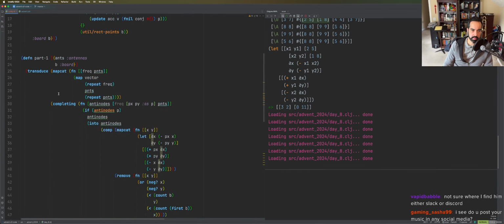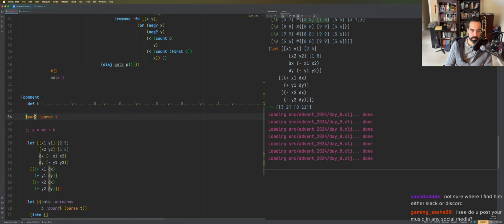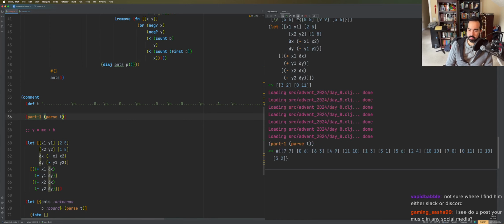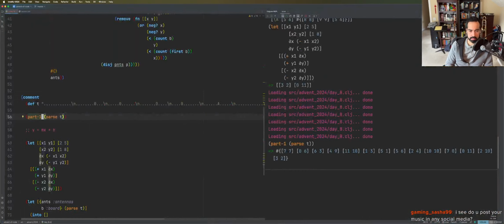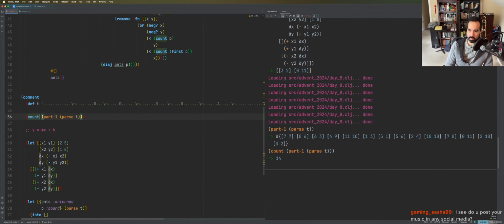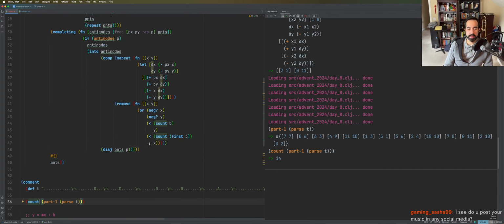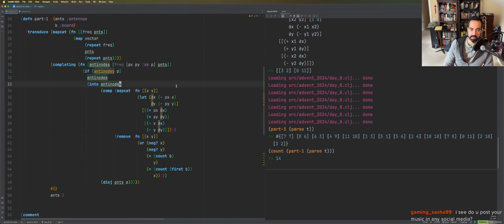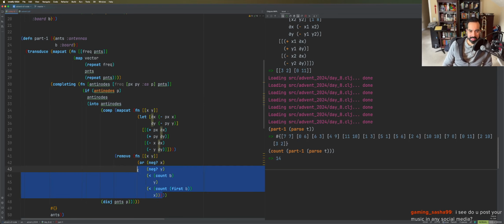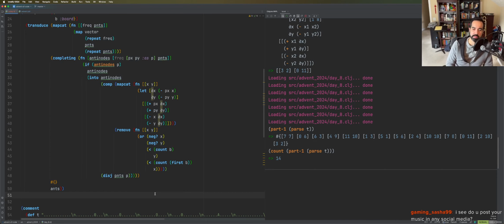Let's see. Part 1. Well, it returned something. What's the count of that? For some reason this does not feel good. I mean, I just typed out something. I don't have a great understanding of how this works, but it seems like it should. I just stuck this in here and never tested it, but somehow it's working. So none of this feels great, but